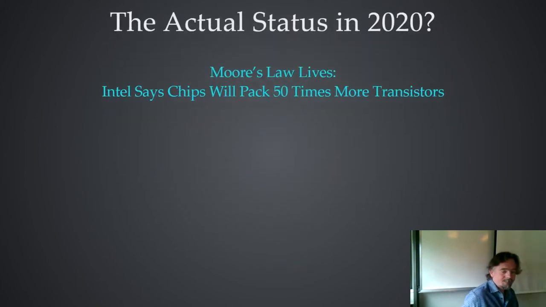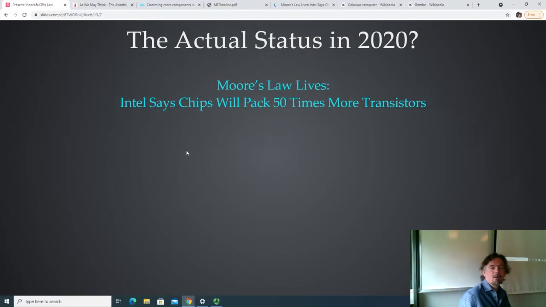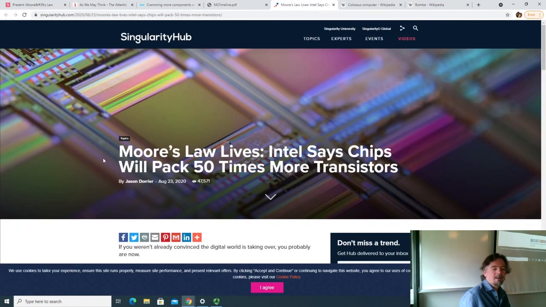But as of right now, Intel thinks that Moore's Law is still on track. They think that with all the various tricks that they can do now and that they anticipate doing in future, we can still get 50 times more transistors than we have right now over the next couple of cycles. That'll be over the next 10 years or so. So they think they can keep doing it.